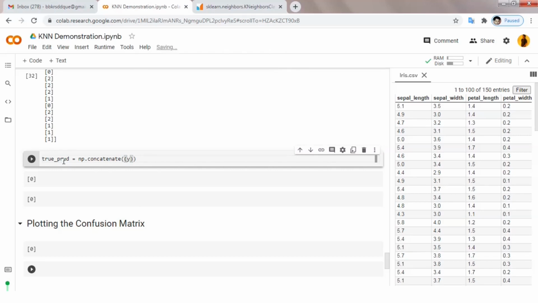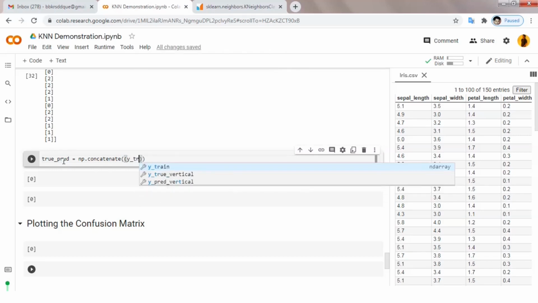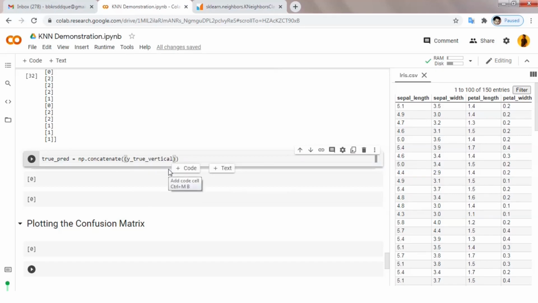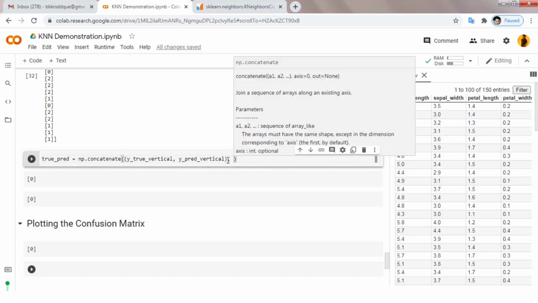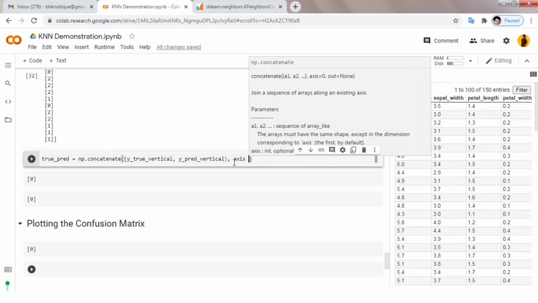So y true vertical, then the second one is the y pred vertical, so those are in the tuple, and we would like to concatenate them horizontally. So axis, here you can see axis equal 0, but we have to make axis equal 1, so that is for horizontal concatenation. So axis equal 1,